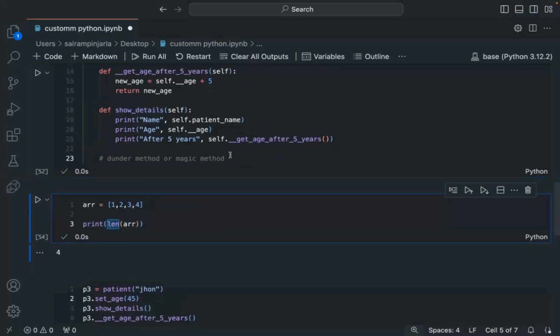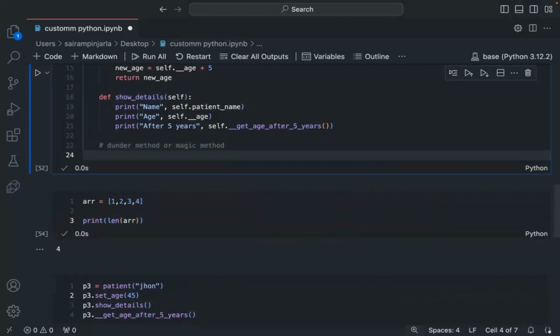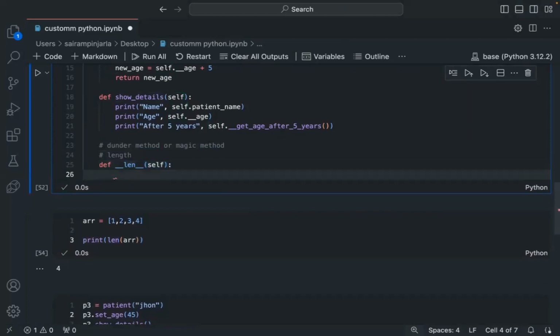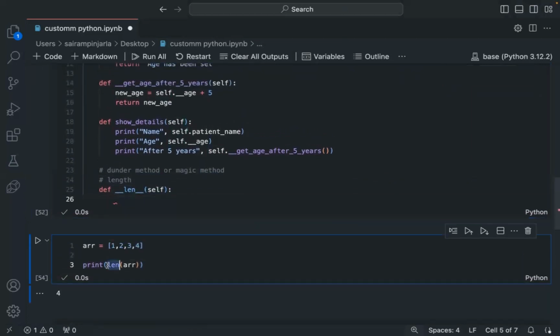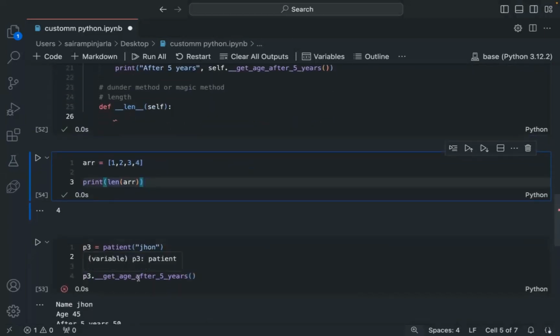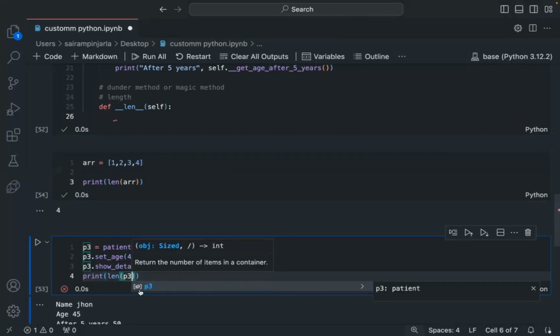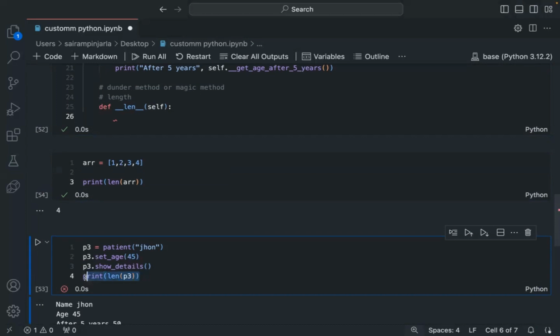So let's do the same thing. Let's do it for length first. What I'll do is I'll say underscore underscore length. Now when I do this, I need to pass self. So whenever I'm saying length of this thing, length of P3, let's remove this part. Okay, so whenever I'm printing the length of P3,